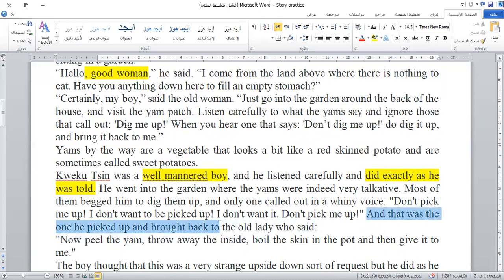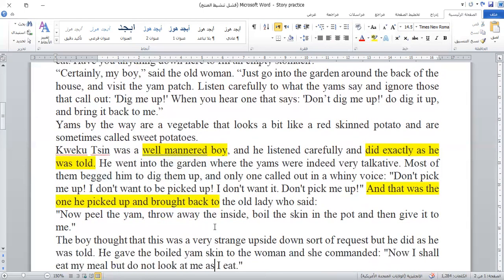Now, here, do you think this is direct or indirect? It's indirect. Why is it indirect? Because we understand from this statement that he is an obedient boy, right? Because we are shown his actions. So from his actions, we conclude that he's an obedient boy. But here we don't make conclusions. Here we are told that he is obedient. So we call this one direct, and we call what we did here indirect.